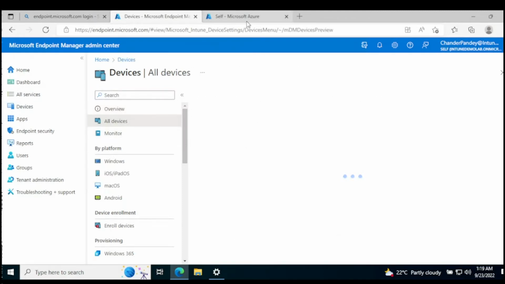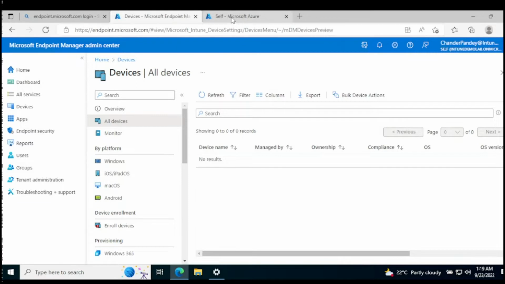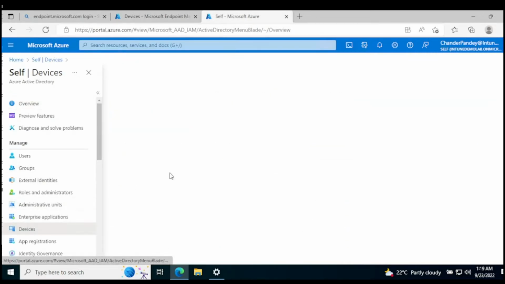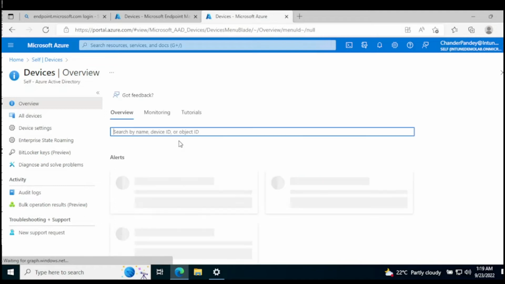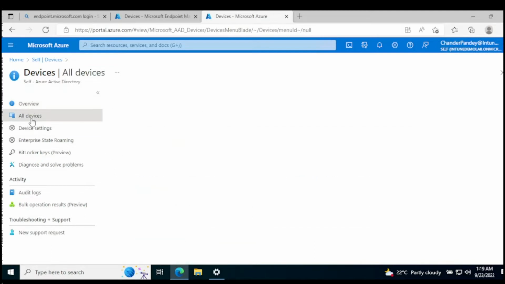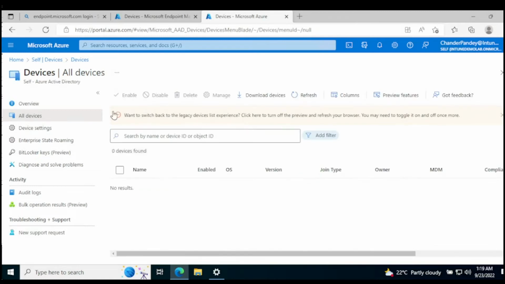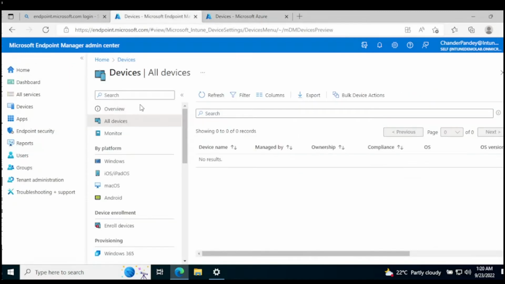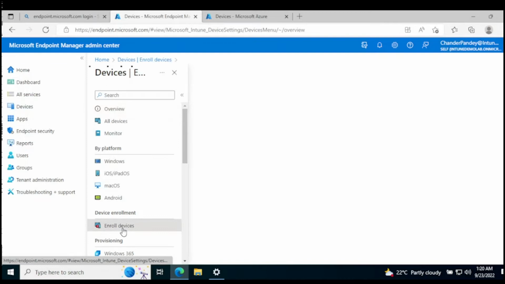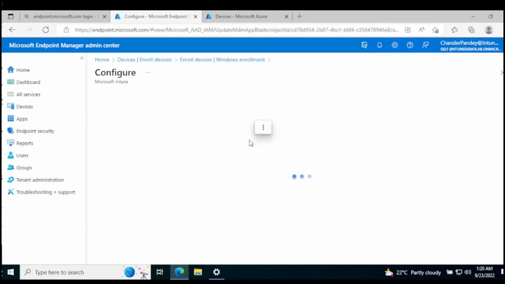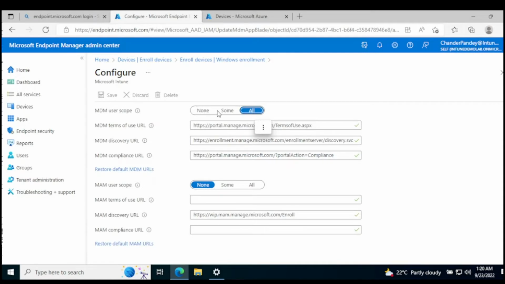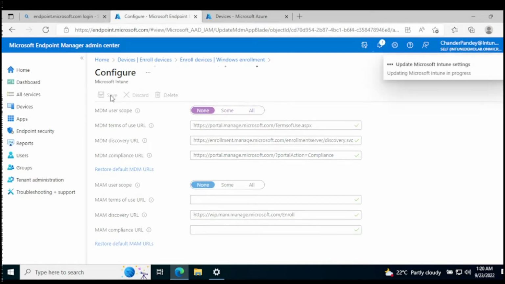And the same thing in my Azure portal under devices, I don't have any machine. And one more thing I want to show you. Under devices, MDM authority, whether auto enrollment is enabled or not. Let's see, it's enabled. Okay, I'm going to disable it and save it,